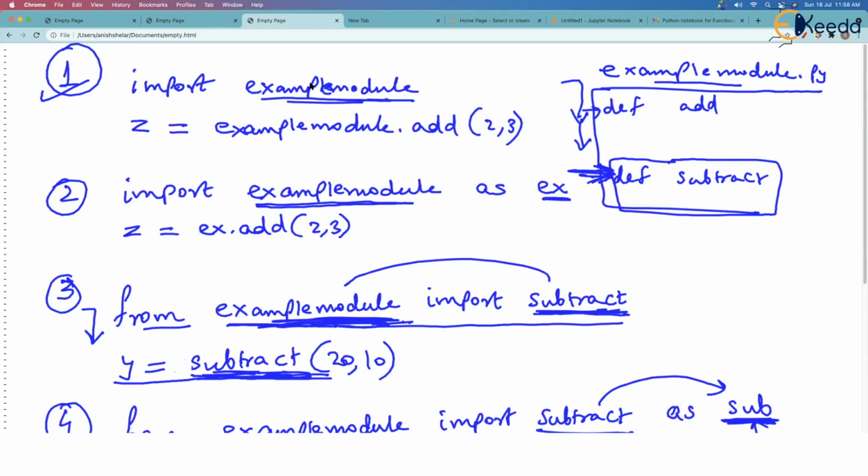What if the module that you design, the module which you are about to import, is not in the same folder, but it is in some other folder? Maybe if you are working on Windows, this example module is on E drive and your program which is importing this module is on C drive. Then that import statement will fail. It will say example module not found. It was so simple to import in this case because we had both the files in the same folder. But it never happens always like that, isn't it?